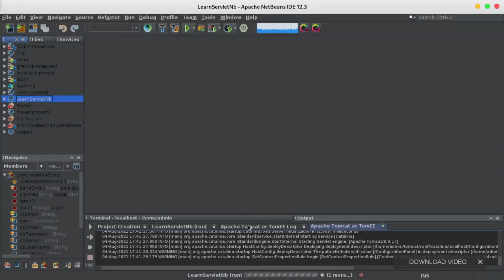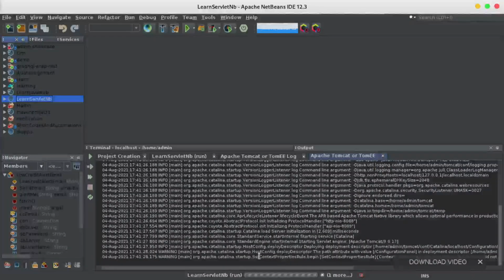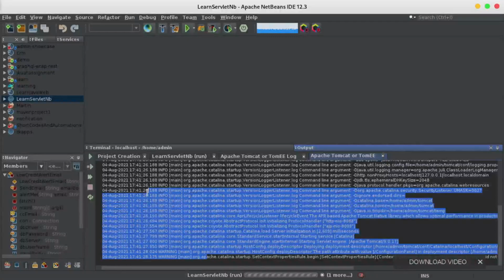Down there you can see the logs from Tomcat trying to start. I have several applications, so it might take some time, but these logs are very important. For instance, when you have a bug, this is the place where you are going to see it. It will also provide you with hyperlinks, and you can click on your error and it will take you to the place where the error occurs in your source code.